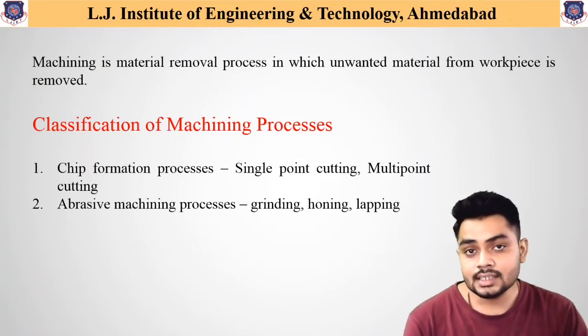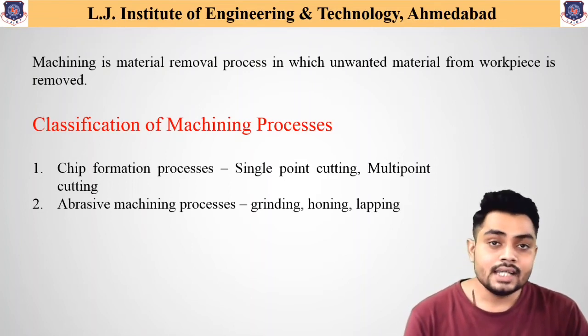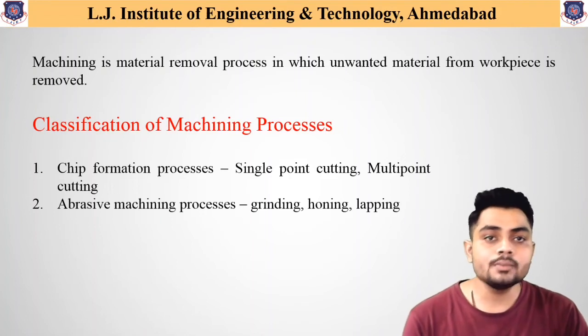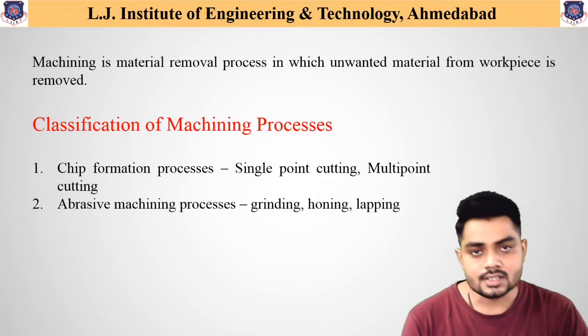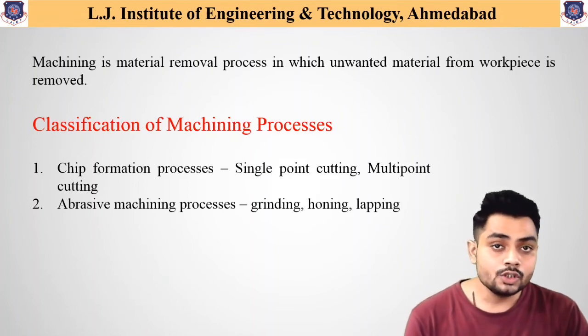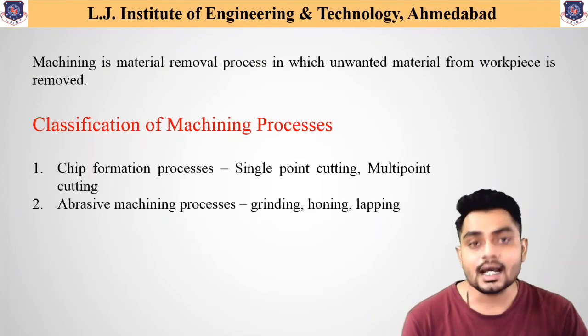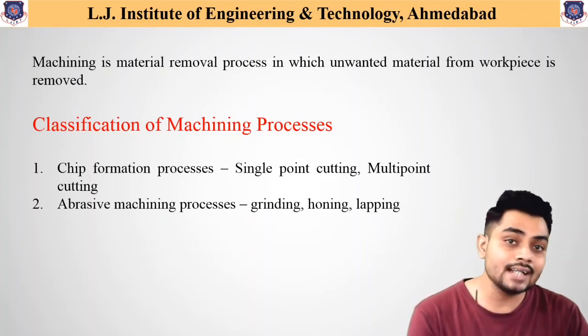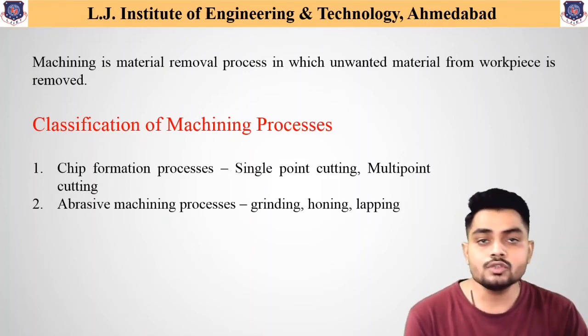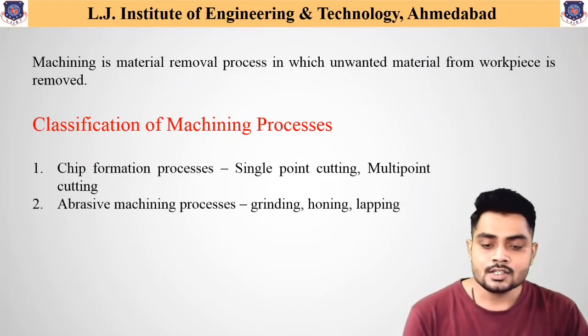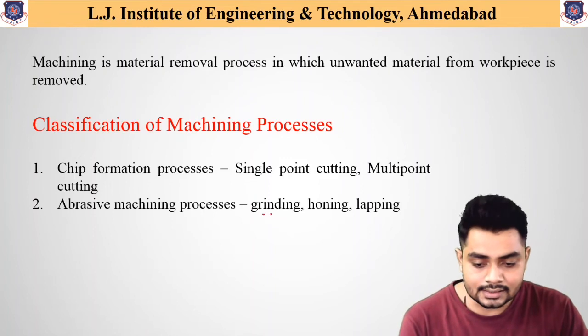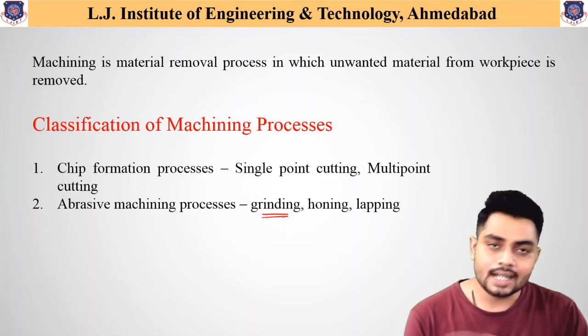During machining processes, if abrasives are used to remove the material from the workpiece, then it is called the abrasive machining process. And as I have told you, in the case of grinding machines, different abrasive particles are available on the periphery of the grinding wheel, which helps to remove the material. Then it is called the abrasive machining process. The example of it is the grinding machine or the grinding operation.